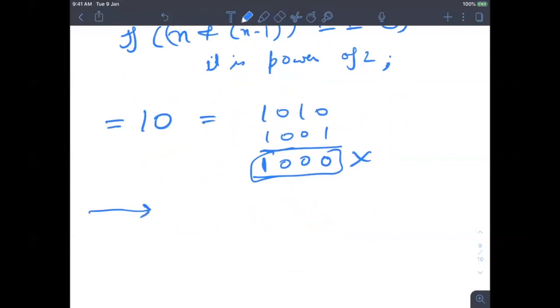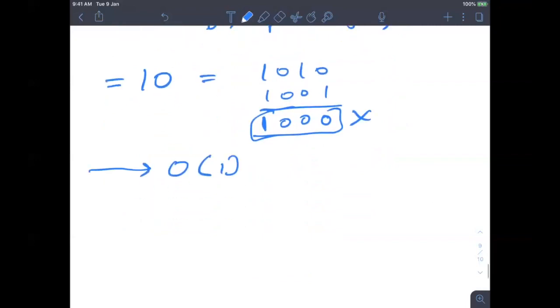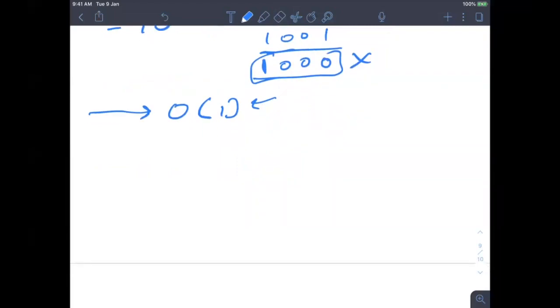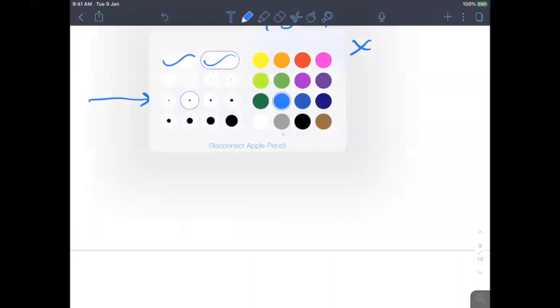Yes, sir. So the complexity is order of 1. It is very fast. Because you are doing some bit operations, so these are small. The bit is very powerful. You will not get many questions in interviews, but in coding contests, you will definitely get these things. Now, what we are going to see next is a very important thing.